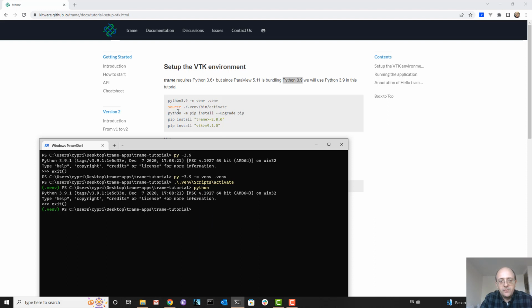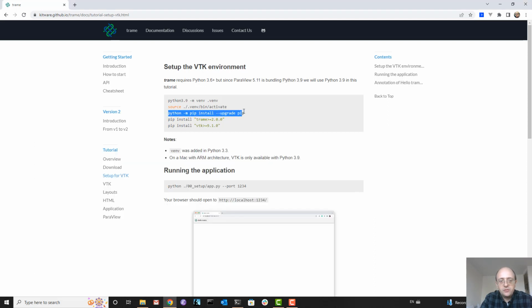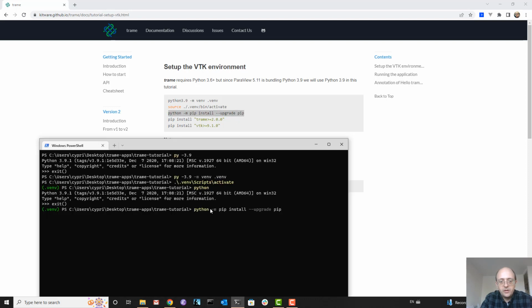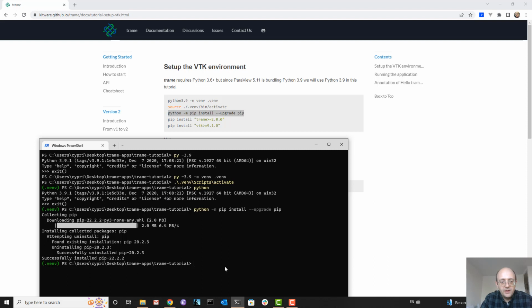Okay, so now let's do this first. This is to upgrade pip. If you don't know what pip is, it's the module for Python that allows you to install all the Python modules. So you have to upgrade it to make sure you have the latest pip. Okay, so it's installed, it's successful. And this will allow me to find the latest versions of